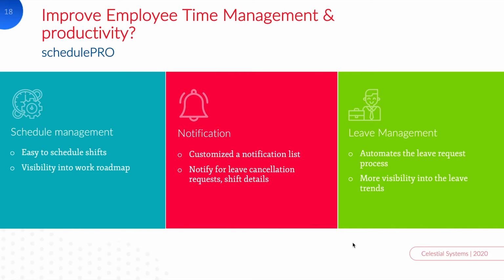One was the schedule management, where we made it very easy to schedule shifts and give visibility into people's work. We rolled out a bunch of sophisticated push notifications so that an employee knows when they're on shift, when they're off shift, or when their shift's canceled, any sort of message that needs to go to them, and make sure that the employee gets it. It also gives them the ability to interact from the mobile application, and we send all those kinds